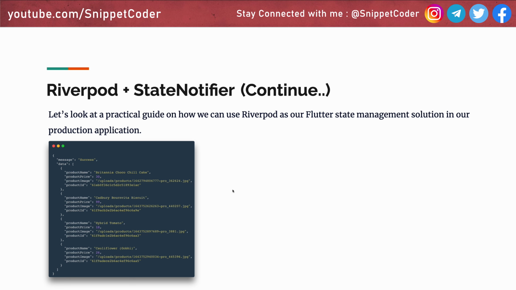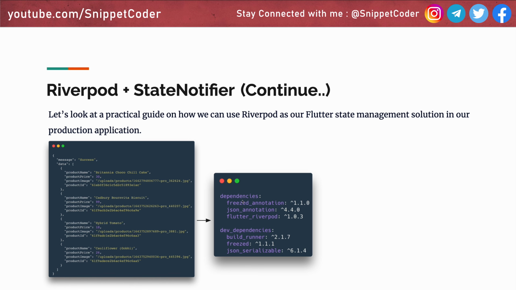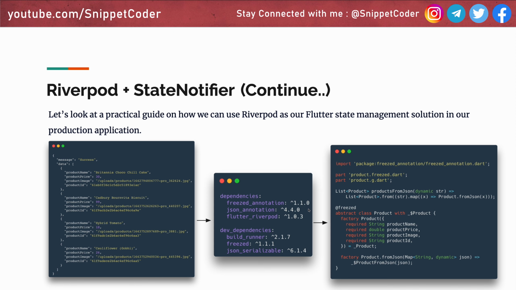So now we have to use some packages here, and here we have to define the dependency freeze_annotation, then we have the JSON_annotation, then we have the Flutter Riverpod, and the dev dependency we have to put here build_runner, then we have the freeze, then we have the JSON_serializable. Then we have to create one class file that is a model file on the basis of this JSON, and